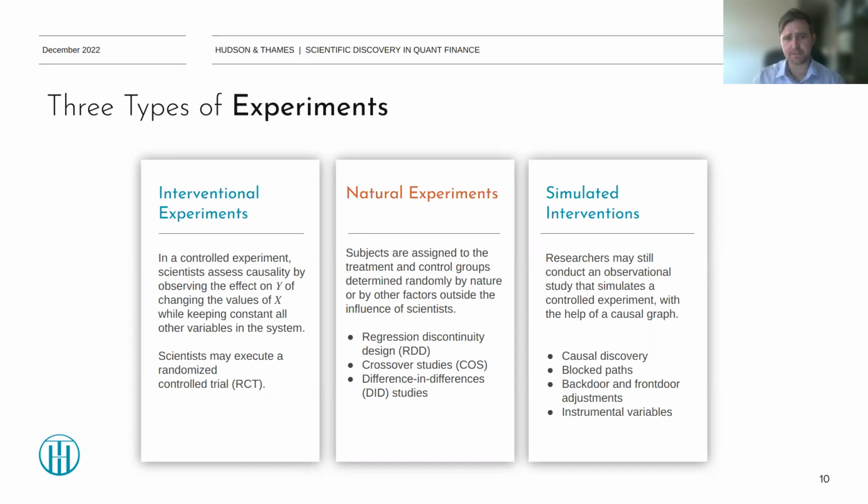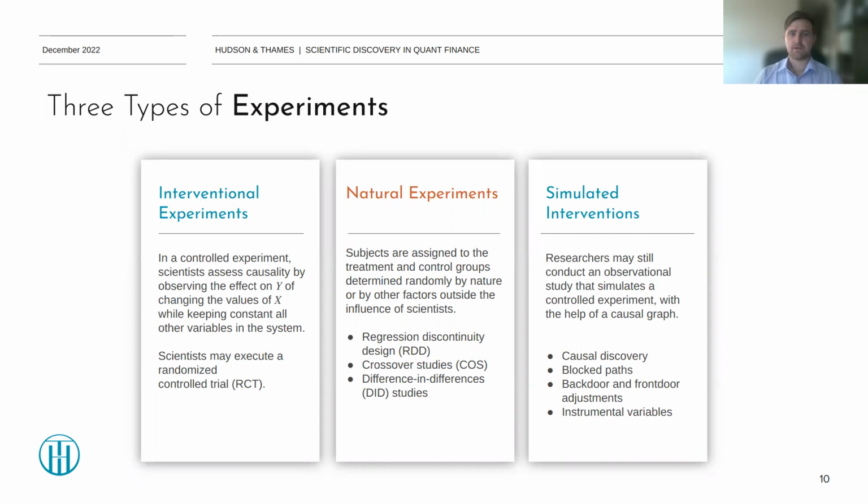And there are a couple of ways you can do this. One is through regression discontinuity design. This way you keep all the variables fixed, but you allow some participants to enter the treatment if they're slightly above a threshold, and other participants that are slightly below that threshold you don't allow into the treatment. And the idea is that even with the small change, you can observe the differences between the two groups.